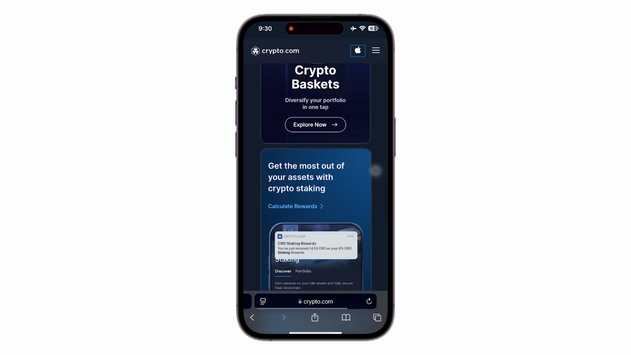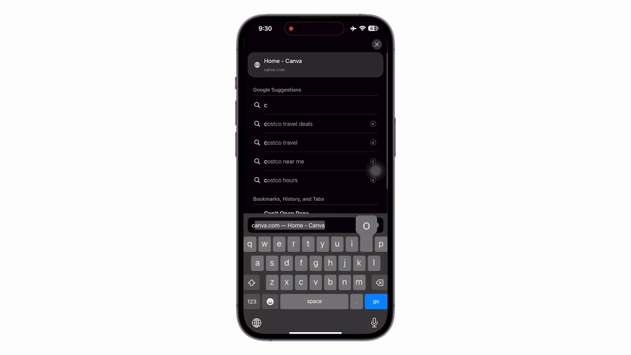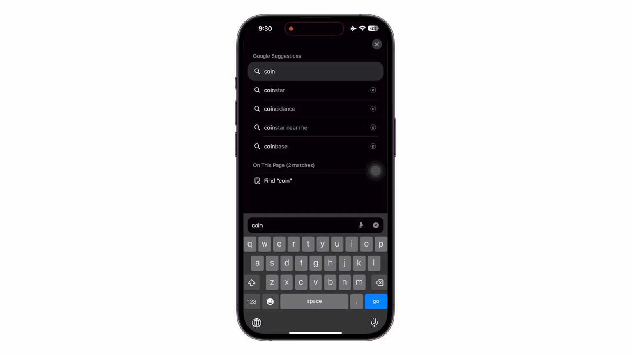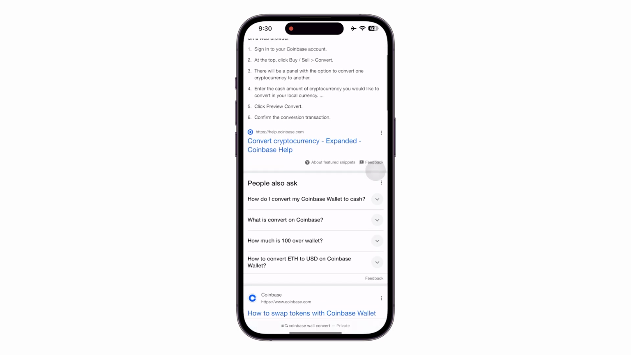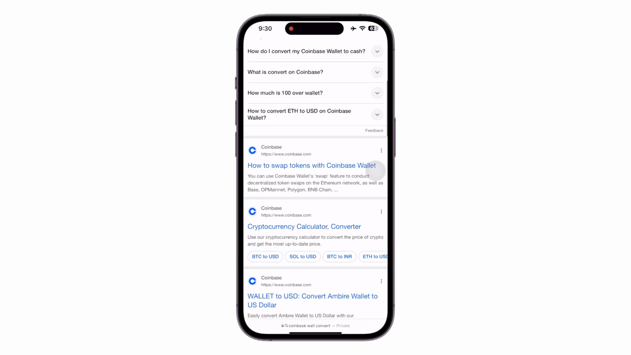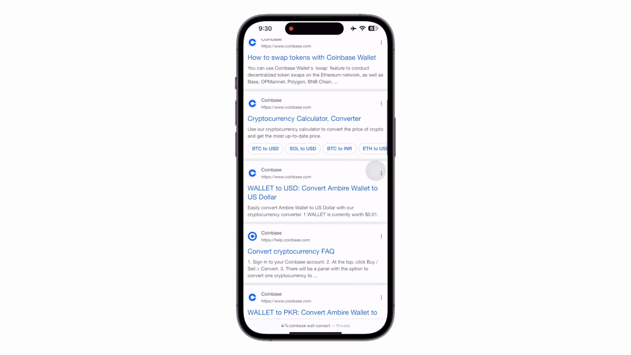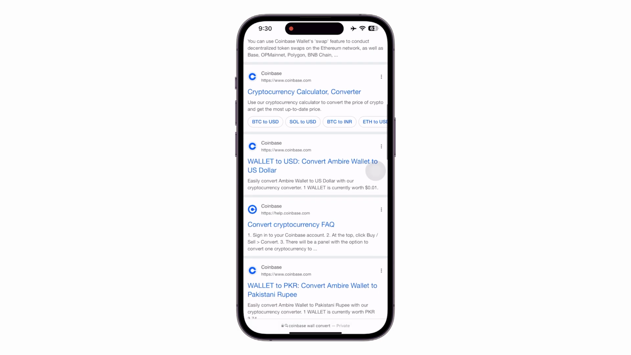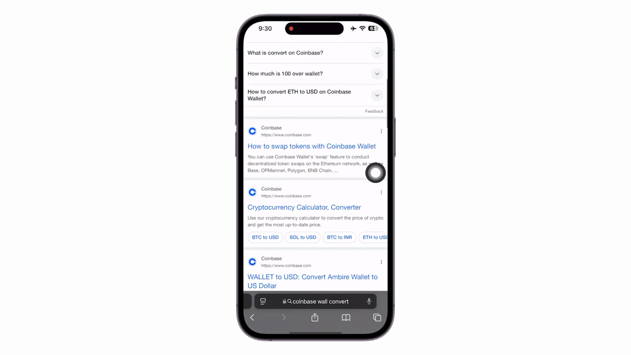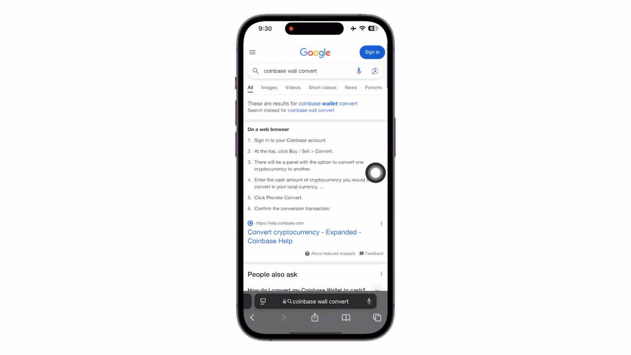can head over to your browser of your choice, and there you are going to be simply searching for Coinbase Wallet convert. And once you do that, you can see we are directed towards their conversion section. Now of course it is going to be free of cost as well, and you can convert it using the official link and platform. So yeah, you can use any of these things to head over to their conversion screen,